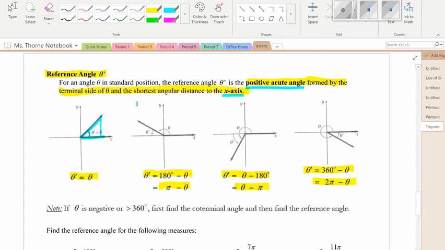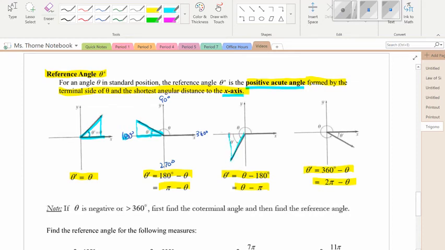If you're in quadrant 2, then theta prime is going to be this angle right here. Notice we haven't gone past 180, so we know this is 180 degrees. And we know this is 270 degrees and 360 degrees and 90 degrees. So since we haven't gone past 180, that's why it's 180 minus theta, or pi minus theta if we're using radians. So in the next quadrant, when we're in quadrant 3,